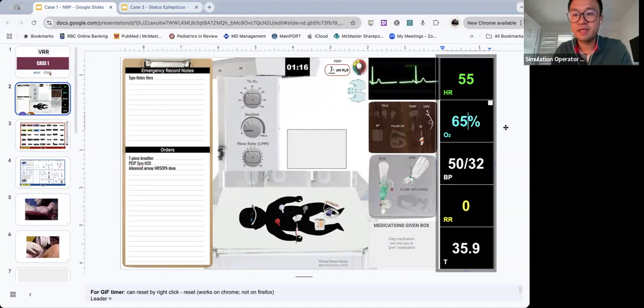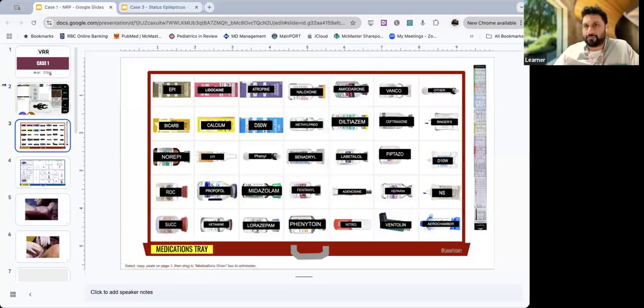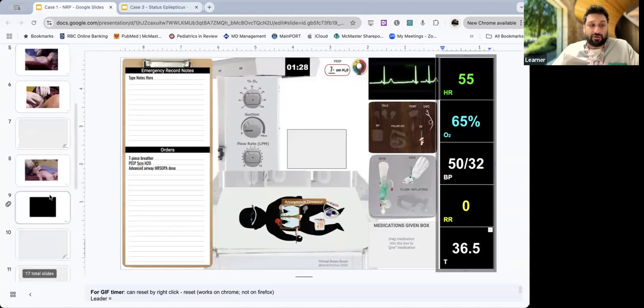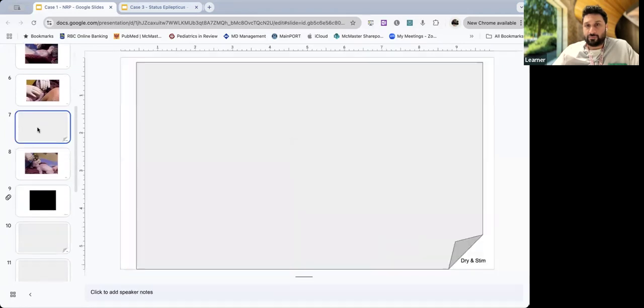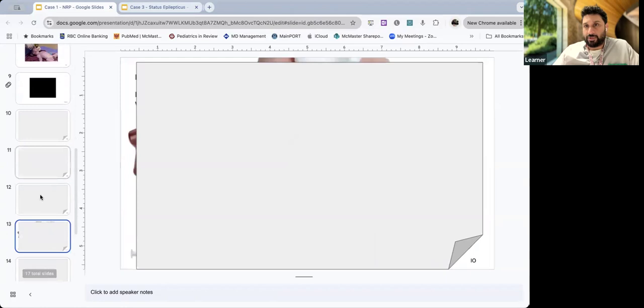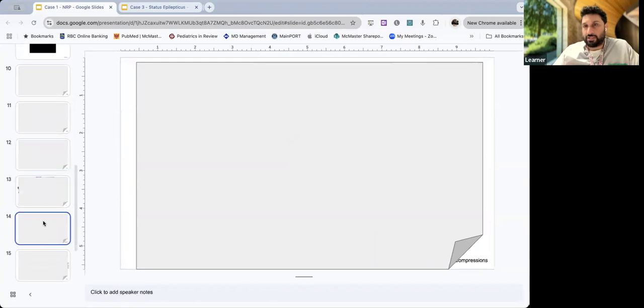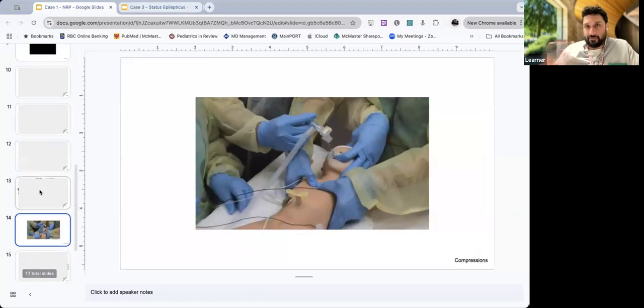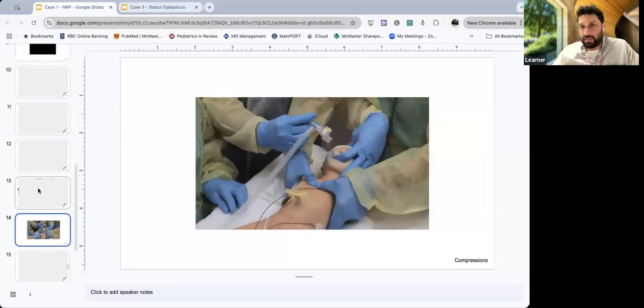So your vital signs are updating at this point. Okay, perfect. And so at this point, I'd like to just start compressions on the child. So 1/3 of the AP diameter of the child's thorax at a rate of 100 to 120 per minute. So we'll do that. And then, if I have another person on hand here, I'd like to get a